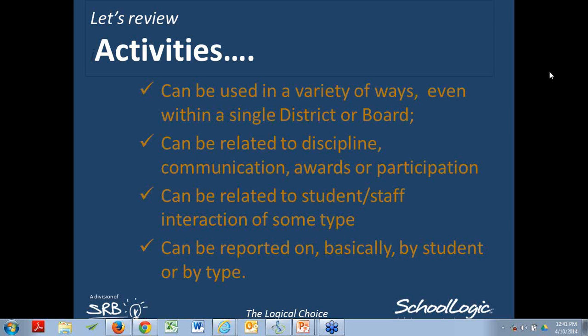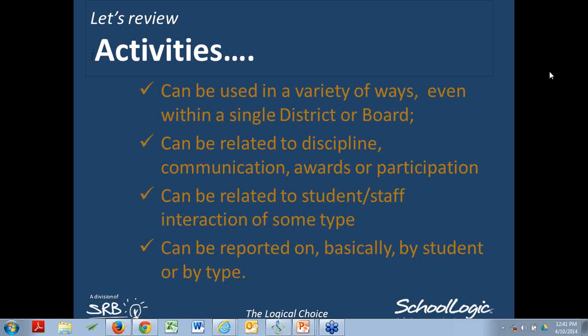See, once you go to school-owned, let's pretend you had 3 elementaries, and each of the 3 elementaries wants to track these interactions with the parent. Well, that means you're going to have 3 different codes that say parent meeting. When you're district-owned, you'd only need the one code, and then everybody sees it.